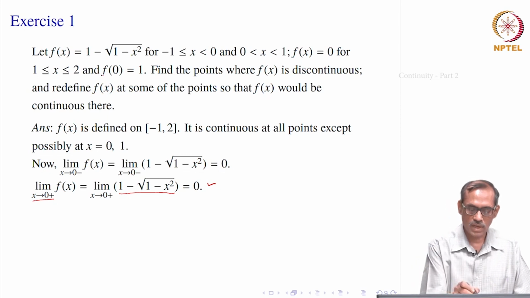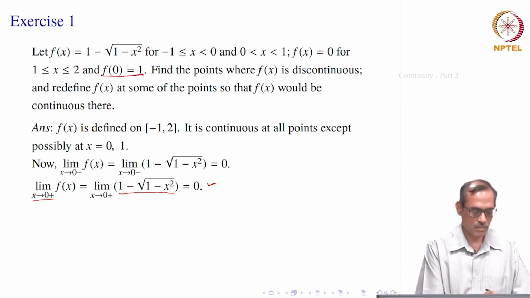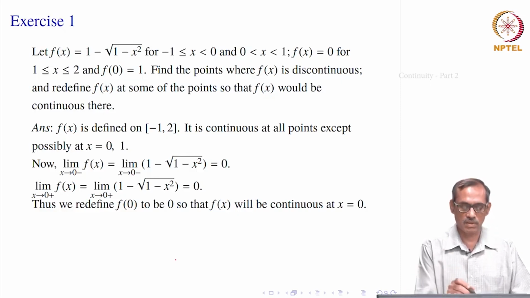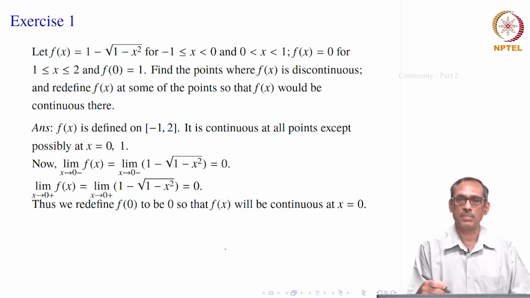What about f 0? f 0 is given to be 1, but the limit is equal to 0, right. So, that is why it is discontinuous at x equal to 0. In this case we can redefine our function. We will define another function g, which is just like f everywhere else except at 0. At 0 we give the value g of 0 equal to this limiting value, which is 0. Then that would make the new function g continuous at 0. Okay. So, that is the meaning of redefining f.